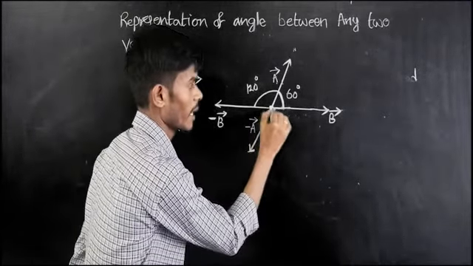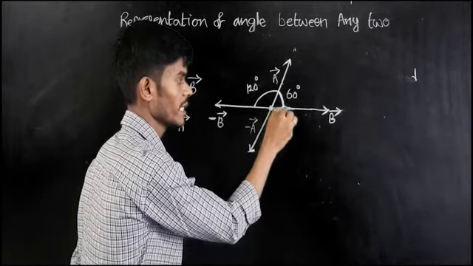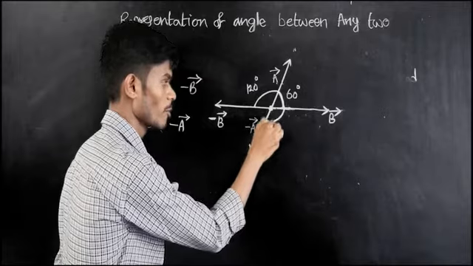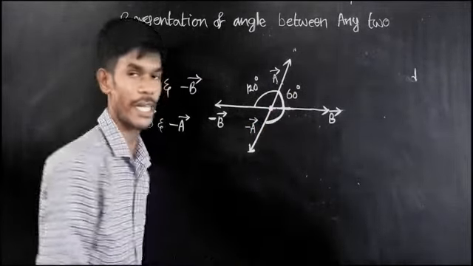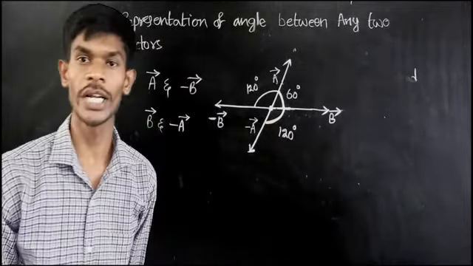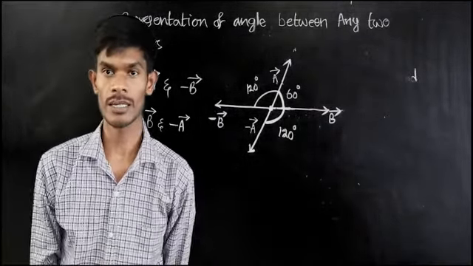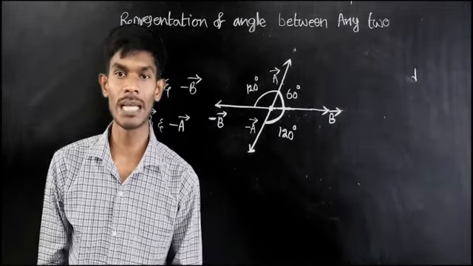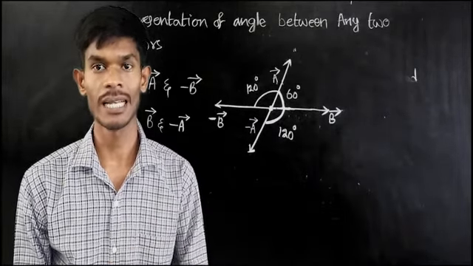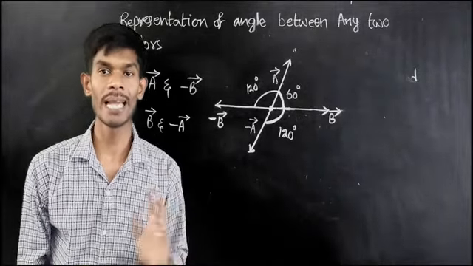Now again, a bar and minus a bar, or b bar, both are coinciding with each other, right? The tails are coinciding, and here this angle is 60 degrees, and the other angle becomes how much? If it is a straight angle of 180 degrees, and one angle is 60, then the other angle is 120 degrees. This is the way to measure the angle between any two vectors. The condition for measuring the angle between two vectors is that their tails should coincide with each other, or their heads should coincide with each other. Only then can we find the angle between two vectors.